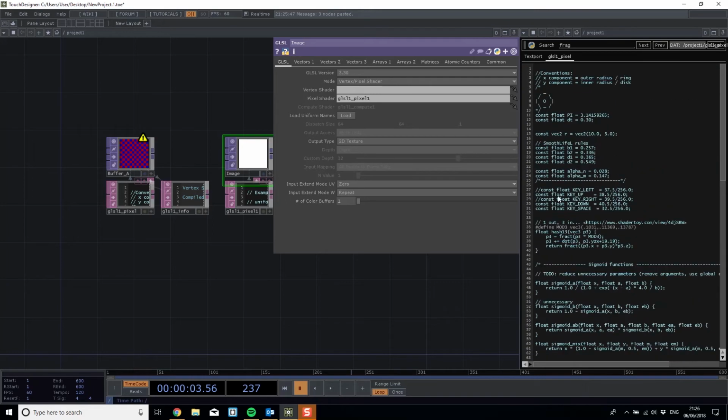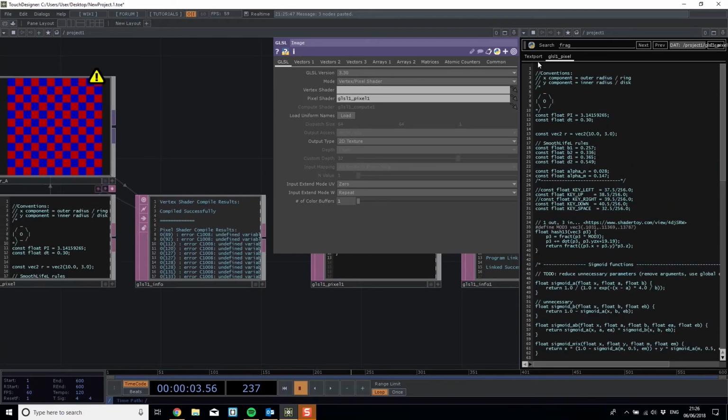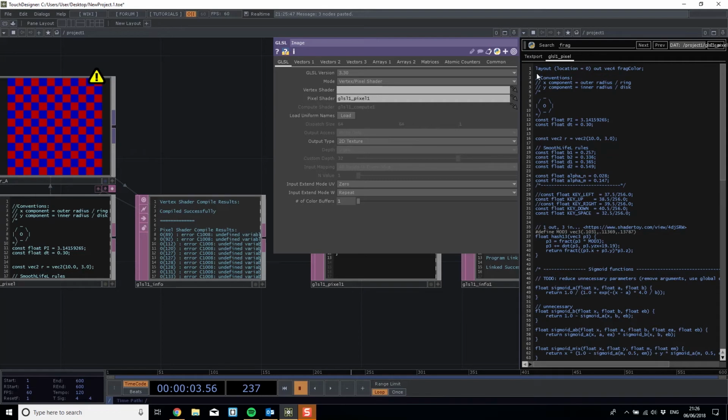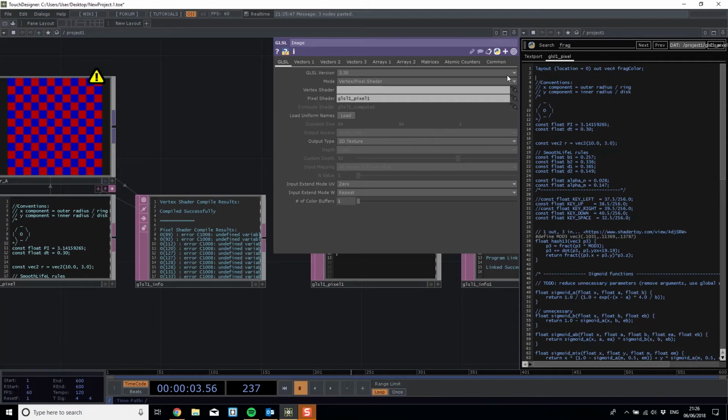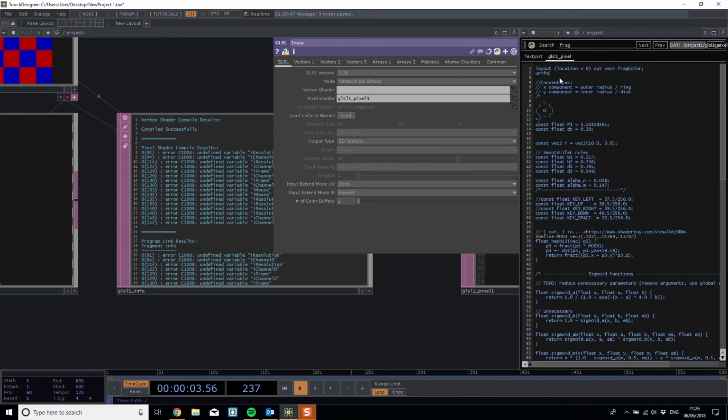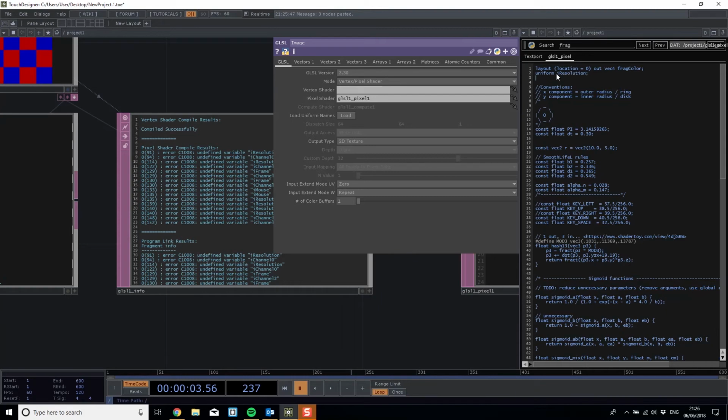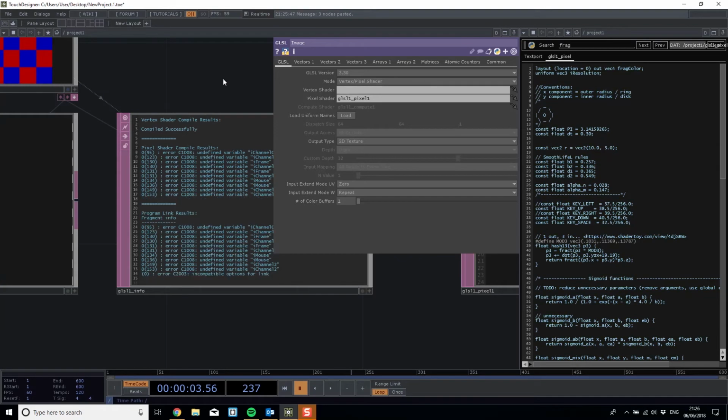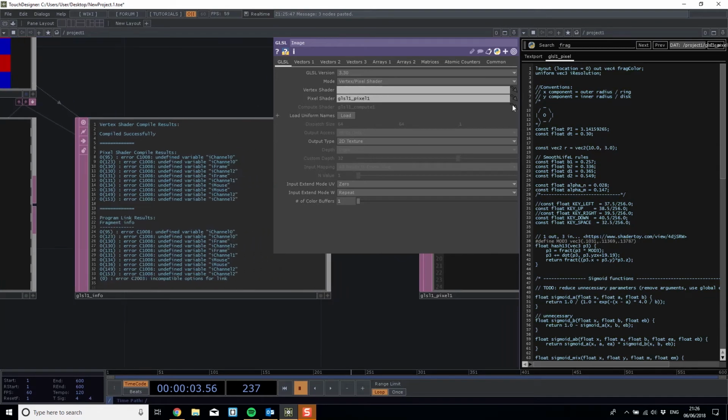And then we'll see that we instantly get errors again, and the compiling's all out of whack. We are going to do layout location equals 0 out vec4 fragColor. So again, we're setting up our output vector, just letting it know to assign the memory for all those pixels. Next thing we need to do is uniform. Let's see what this is asking for. iResolution. That is vec3. And then we're also going to have